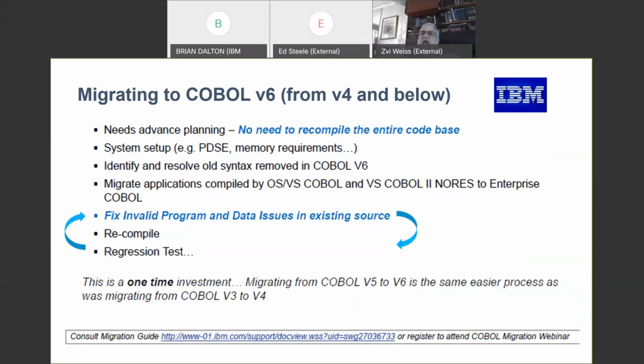And in many cases, I would say, don't recompile everything, because COBOL 6 can call COBOL 4 without any problem. So what you want to do is plan: what am I going to change? At the same time, some things you will have to do: if you're going to recompile, you're going to have to use PDSEs. Now, you may already be using PDSEs, so that's a non-issue. But if you're not, this is a time to really crack the whip and say, okay,